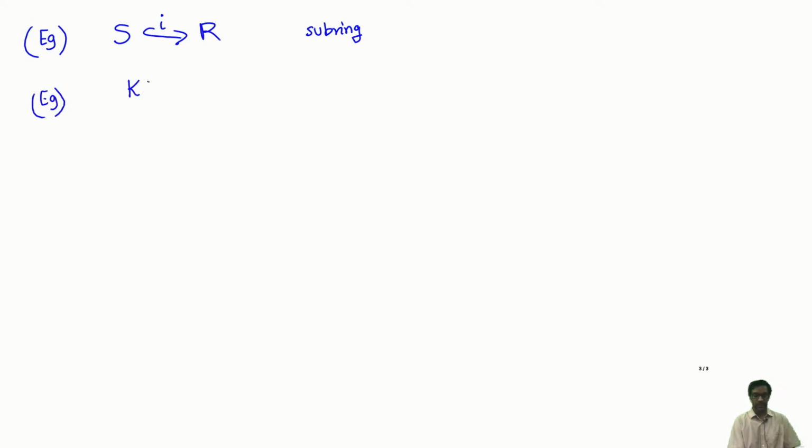Suppose S is the ring K[x], the ring of polynomials, and R is just the ring K, the field. So let's say K is a field in this case. I take R to be K and S to be K[x], and I define a homomorphism from K[x] to K. Well, what sort of homomorphism? I can take the evaluation map. Given any polynomial, I evaluate it at some element of the field K. For example, I evaluate it at 1 or 0 or other points. Let's say I evaluate it at 1 in this example. So here is a map, and it's very easy to check that this evaluation map is a ring homomorphism.